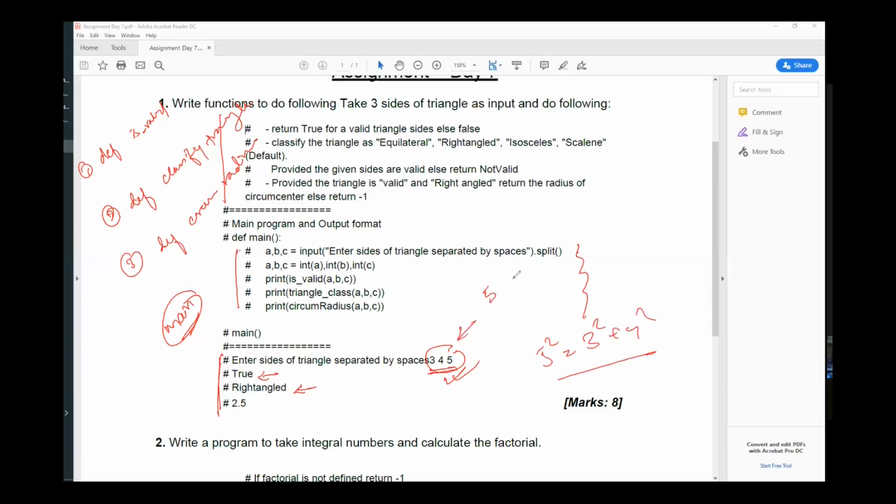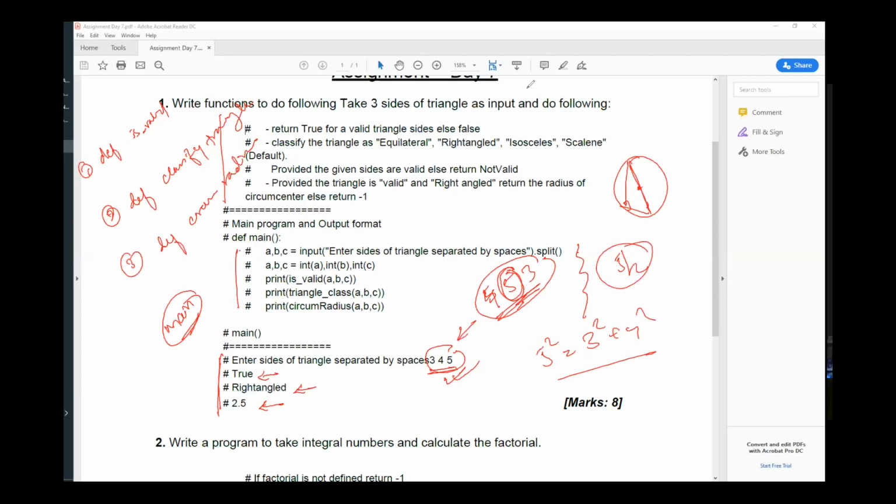The user can write 4, 5, 3. This is also a valid triangle where b is the largest side. To calculate the circumradius, I know my hypotenuse is 5 and that is going to be the diameter, so I will simply return 5 by 2.